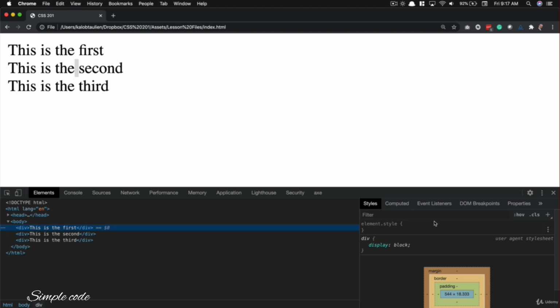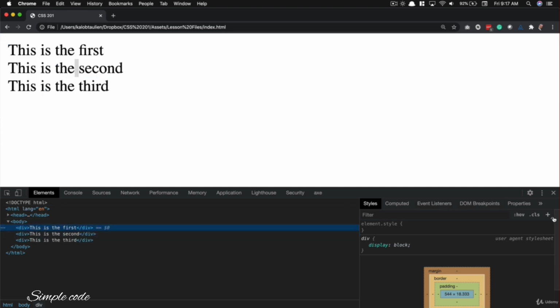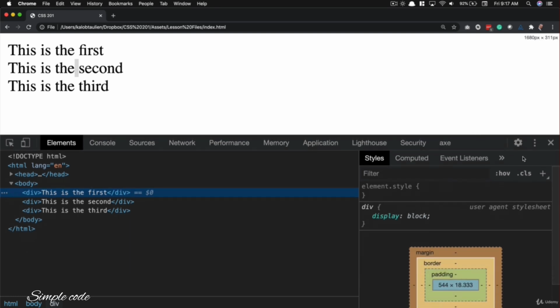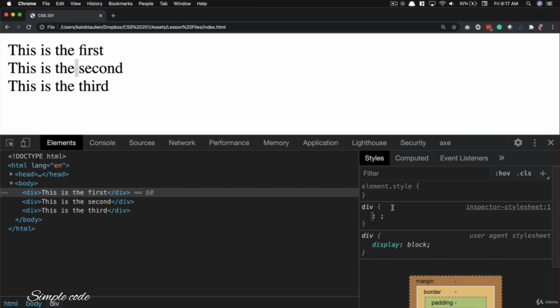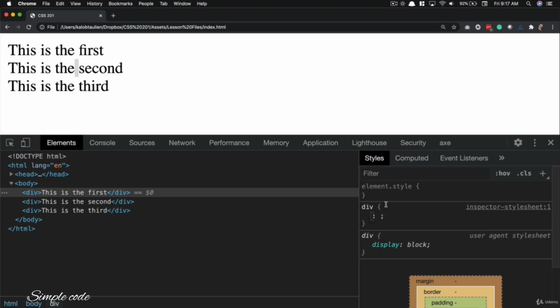Let's go ahead and create a new selector. All I did there was right-click, inspect, and click on one of these divs. It doesn't matter which one. And click this little button over here that says New Style Rule. I'm going to make this bigger as well. Click this button. It's going to automatically give me a div, and we could change the display type. Now we can't change this one because that one comes default with our browser, but we can overwrite it, and we can say